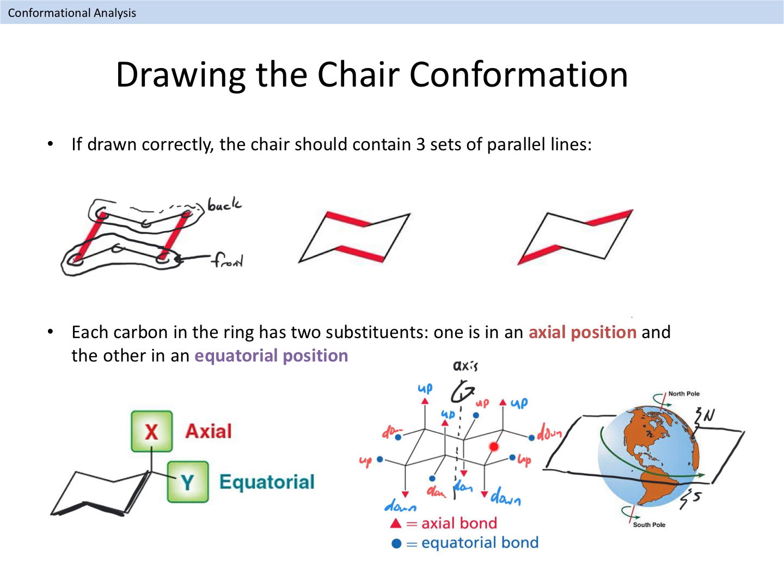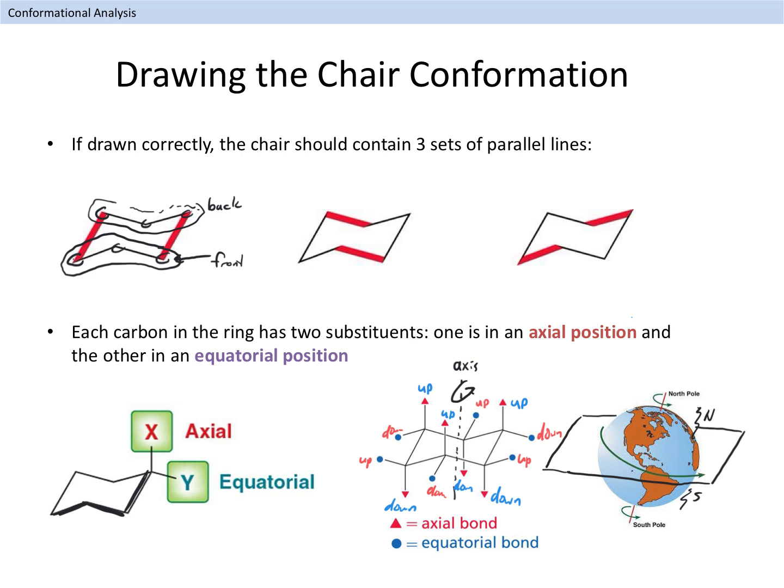If we go to the next carbon, however, we see that we have the opposite situation. We still have an up substituent and a down substituent, but the type of up and down have switched. There is an equatorial up here, and the axial is pointing down. If you do this same analysis around the ring, you will see this pattern continue. The axial substituents alternate between being axial up and axial down on adjacent carbon atoms. Similarly, the equatorial substituents also alternate between being up and down. On the next slide, we will learn how to accurately draw a chair structure and place the substituents in the